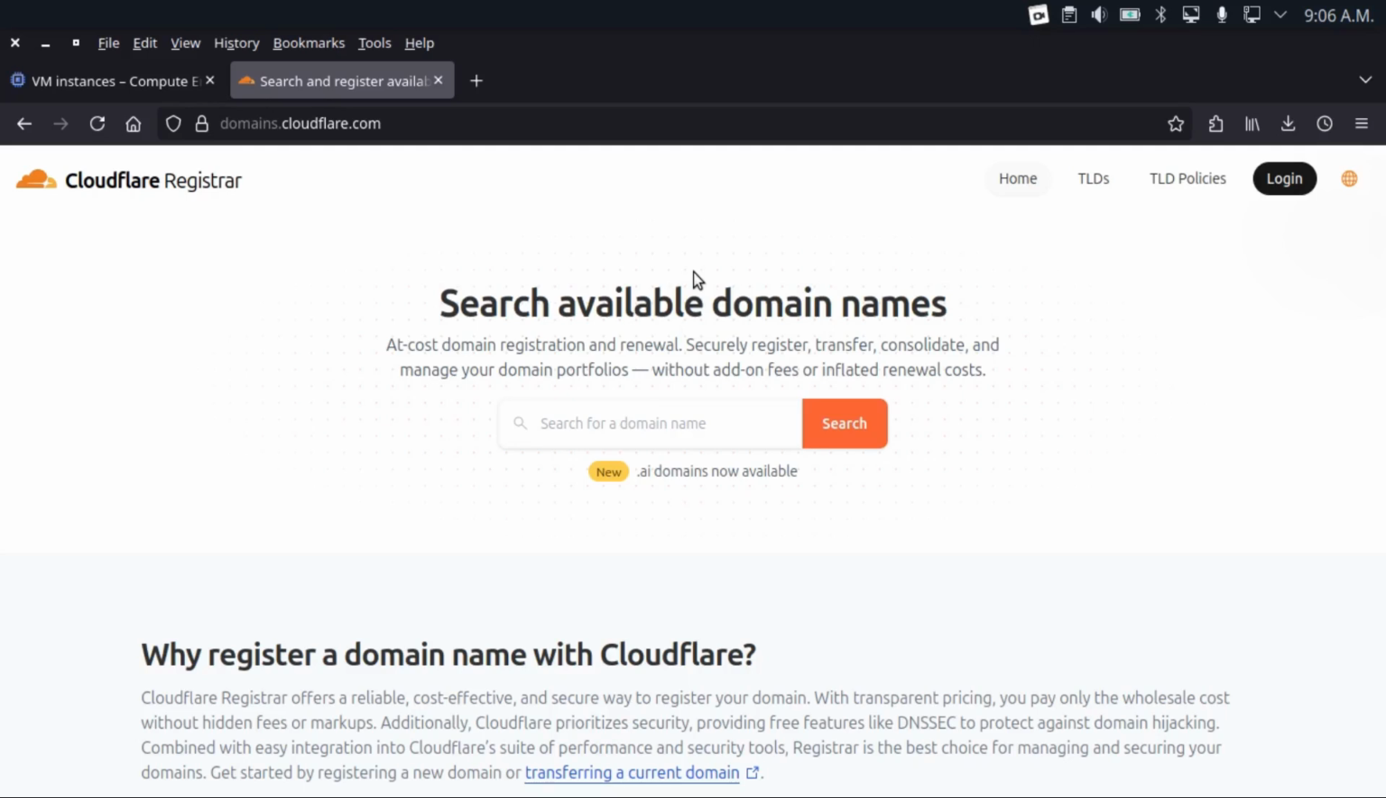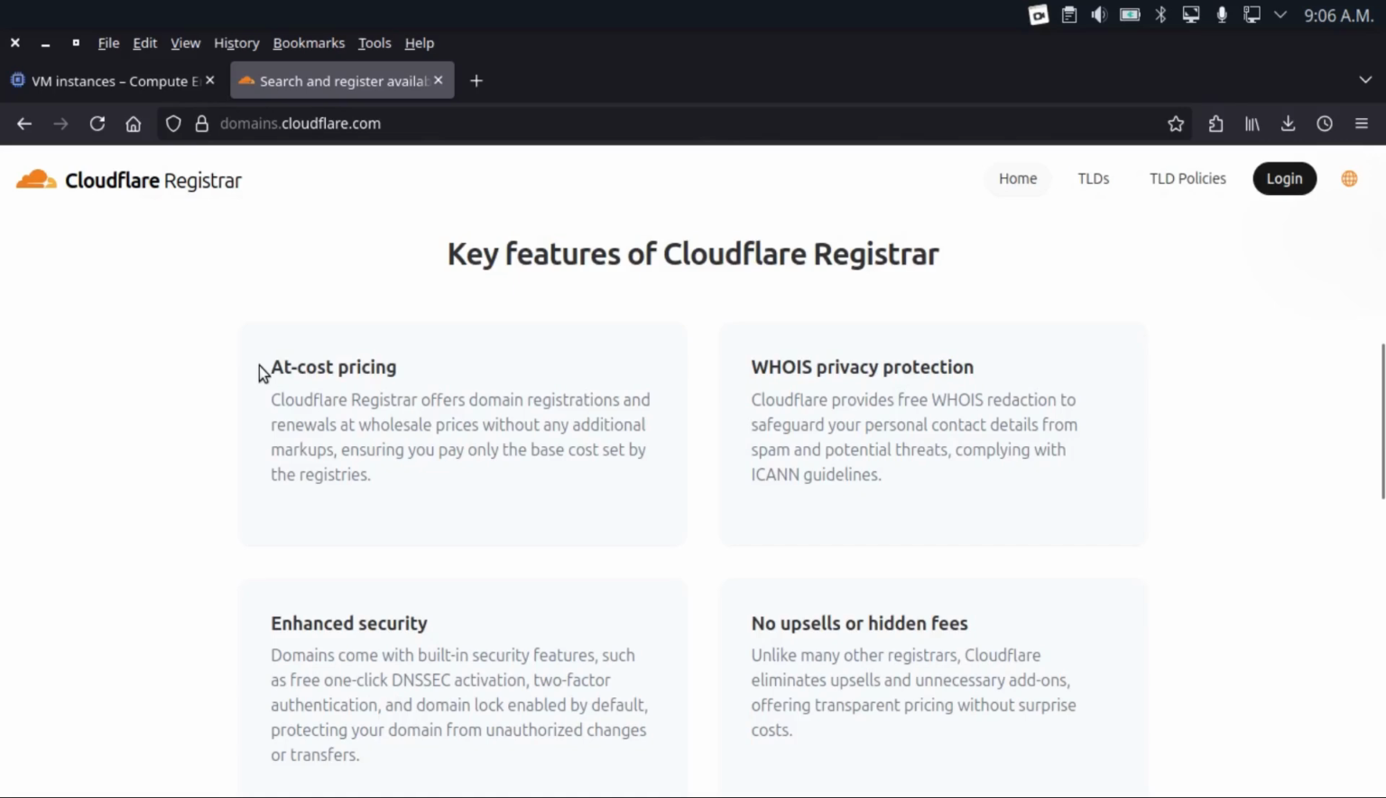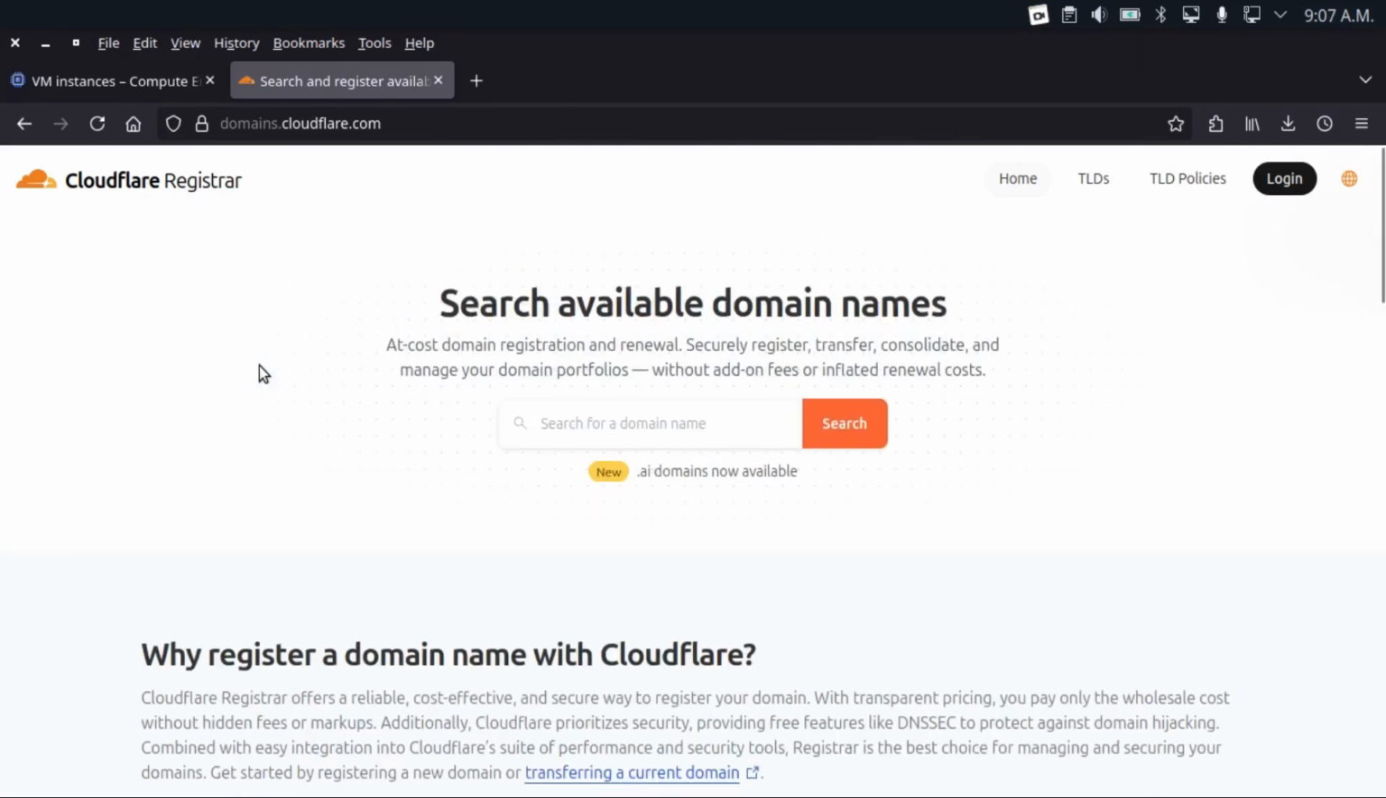Essentially, just like any other registrar. The reason why I go with Cloudflare Registrar is because they offer at-cost domains, meaning that they don't have any markups on the domains they sell, meaning that you only pay what the registry for that particular top-level domain charges, VeriSign in the case of .com, and they also offer Whois privacy